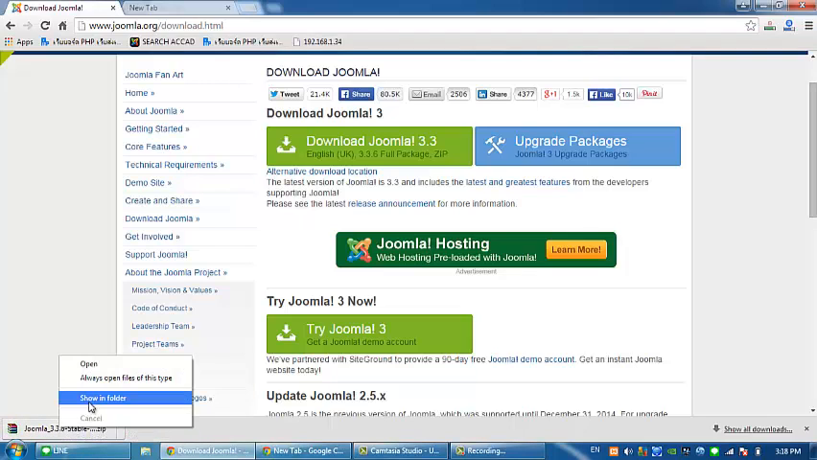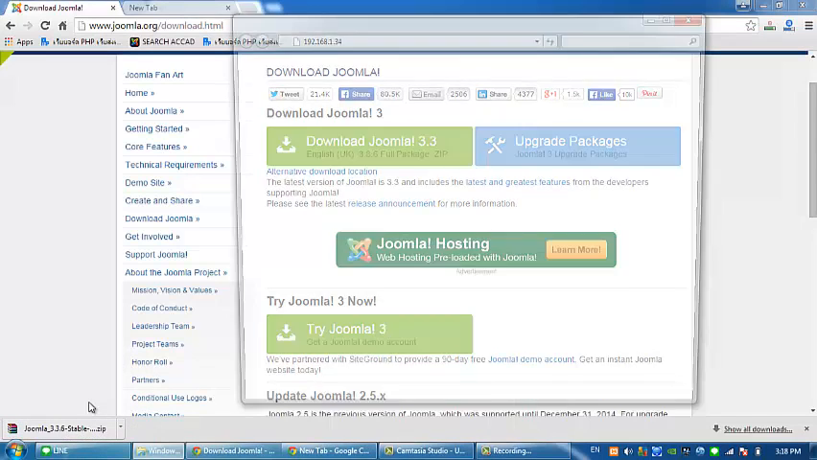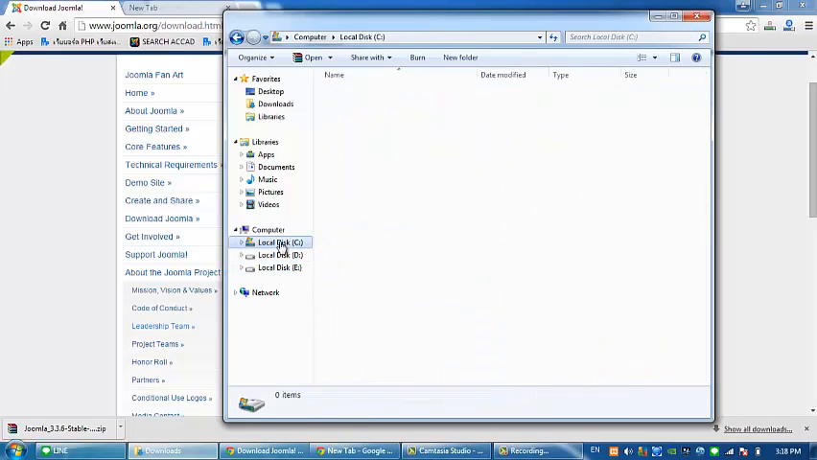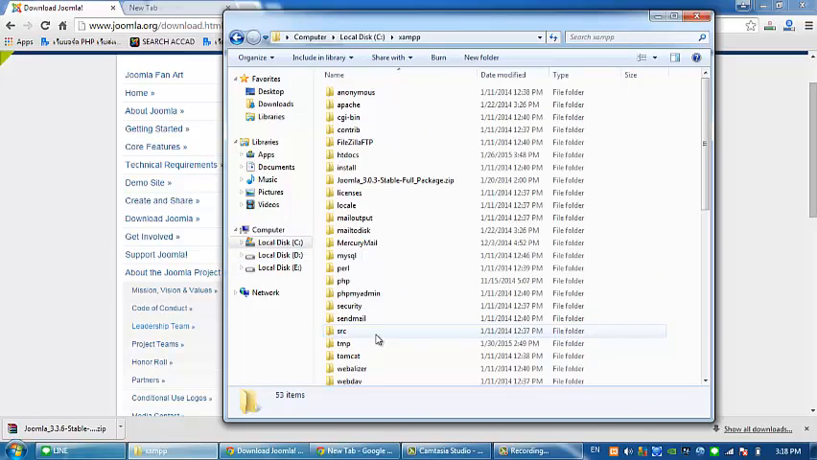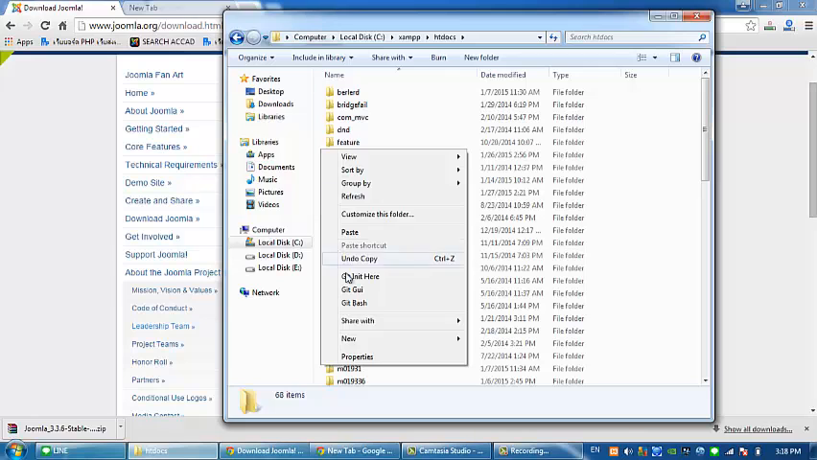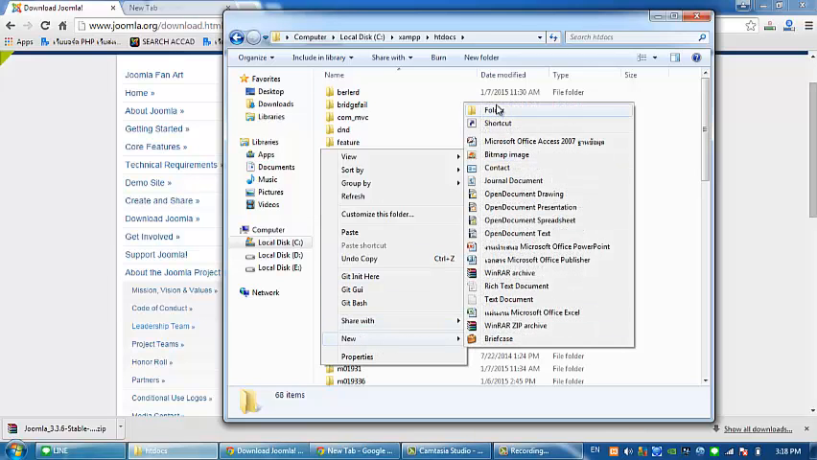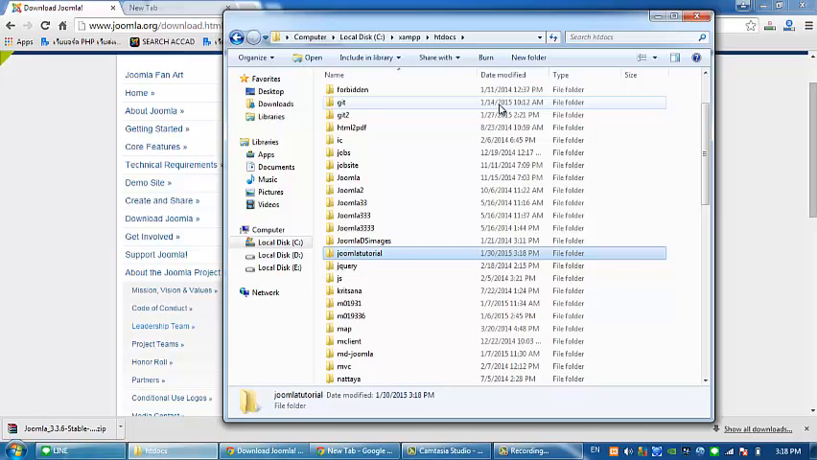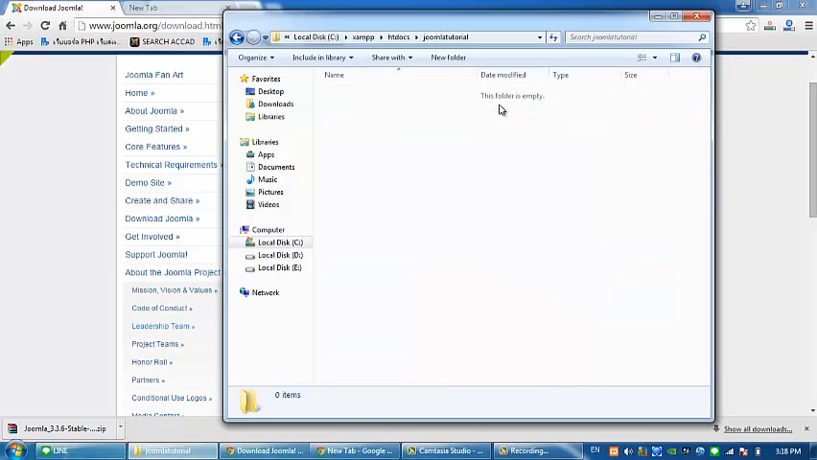We will go to the download folder. We will copy this one and go to our XAMPP htdocs, and then we will create a new folder named Joomla tutorial. So paste it here